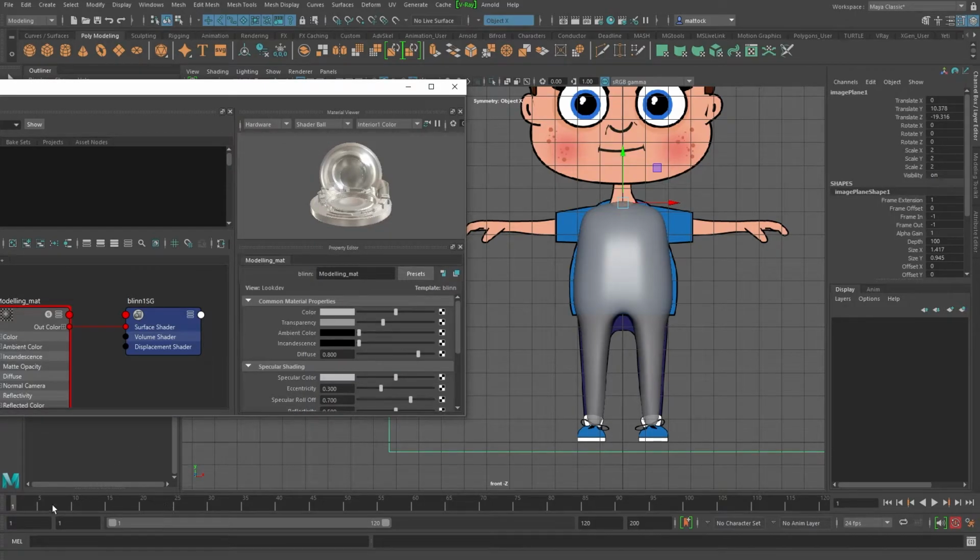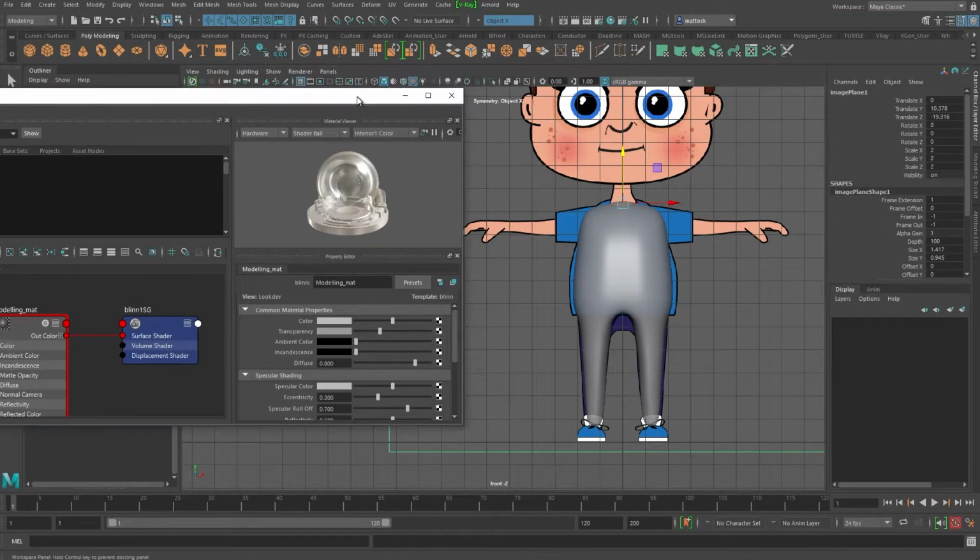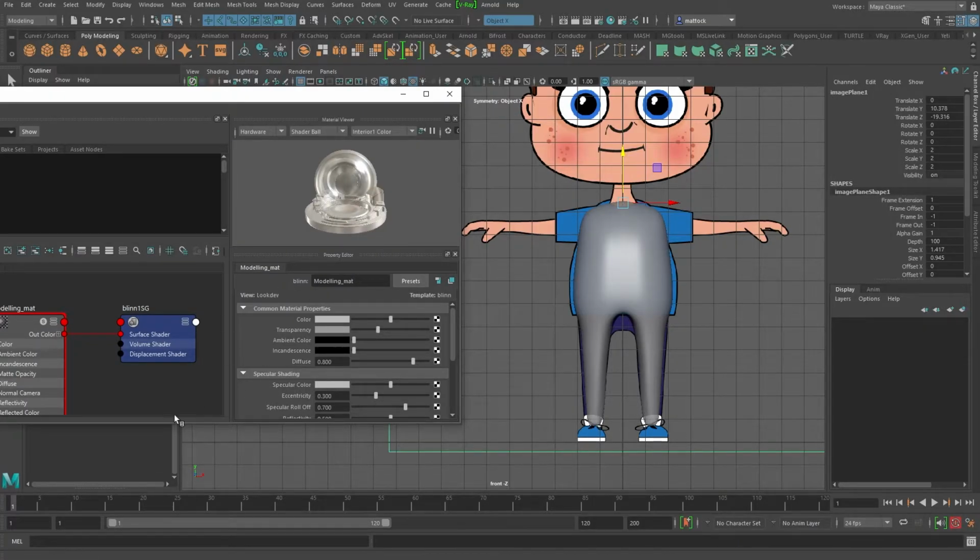What we're going to do is on our timeline, this is where you can add your keys. So on frame 1, we're going to animate the amount of transparency. So it's going to be say fully solid. Right click over the transparency and click set key. And what we've done is we've keyed the amount of transparency. We're going to go to frame 2 and we're going to up the amount of transparency. And you can have multiple levels. So let's set this to say 75% and set a key.